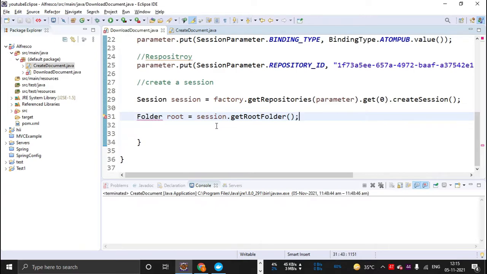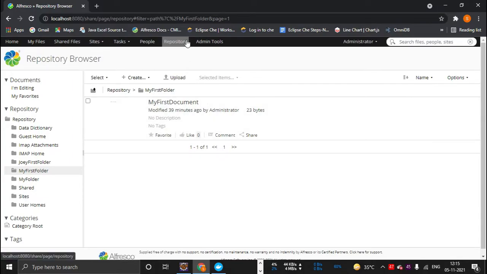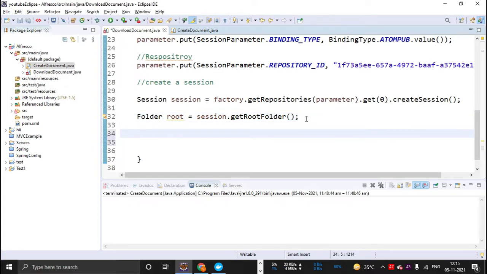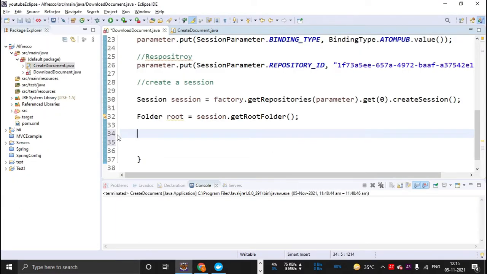Now what we need to do is, so we are here, we have reached till here, we have created a session, we got the repository, we have got the root folder. Now we have to go to this folder to access the document inside it, which we need to download, of course. I'll just import the folder as well. Now after we have imported the folder, what we need to do is we need to set the path so that we can access this folder inside this repository. So what I will write is, I'll write string path equals to,